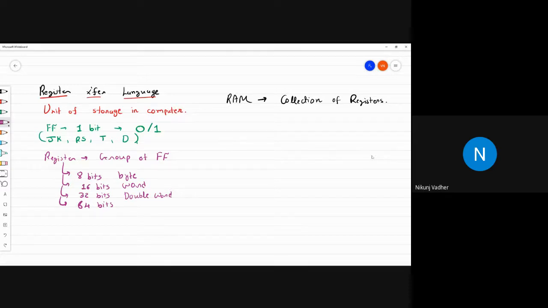So, register is nothing but a group of flip-flops. Now, can anybody tell me what is the need of language? You can unmute and then you can discuss with me. Can anyone tell me what is the need of language?